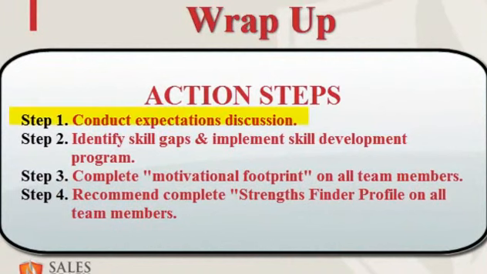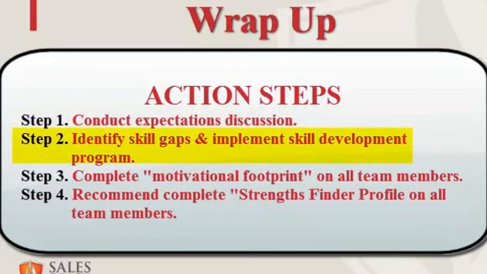Well, step number 1 and step number 2, you've already completed. So step number 1 essentially is having that expectations discussion with the individuals on your team and really understanding what they expect of you as their sales leader. Step number 2 then would be finding out what their skill gaps were and implementing a process to get them upskilled to be able to accomplish what they need to accomplish to achieve their sales results and obviously meet your